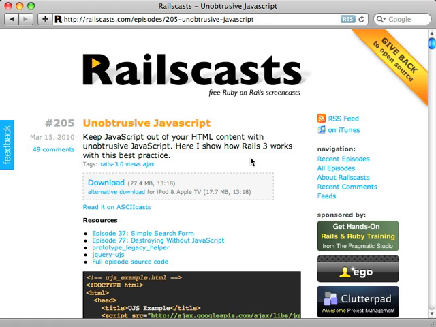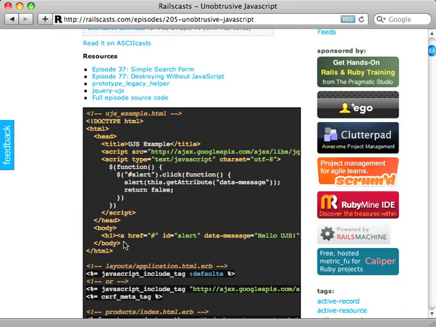There may be a time when you want to display some code to the users of your Rails application, and you want to make it pretty with some syntax highlighting like I do on the RailsCast site here. Well, how do you do that? There are a number of different choices to make, and it can be a little bit overwhelming at first, so I hope in this episode to clear some of that up